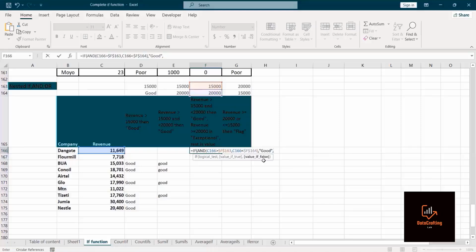Now, I'll bring out another if function again. Click on it because we said revenue greater than or equals to 20,000 is exceptional. Now, for that, I'll just say if what's here is greater than or equals to 20,000, comma. Otherwise,